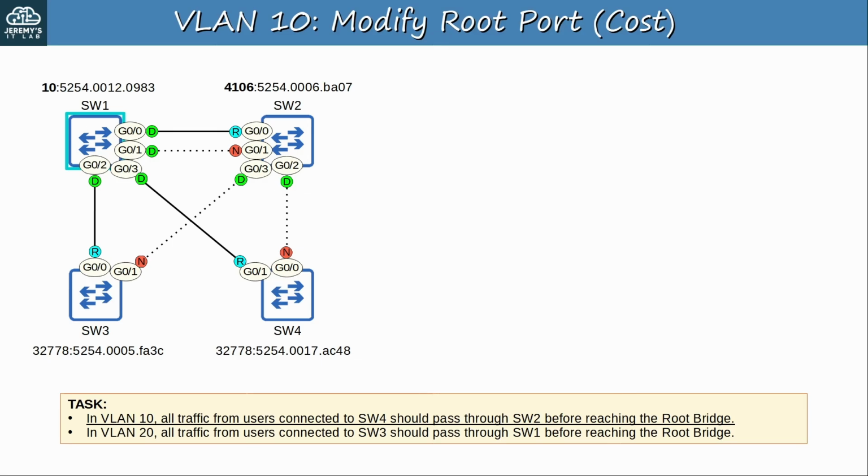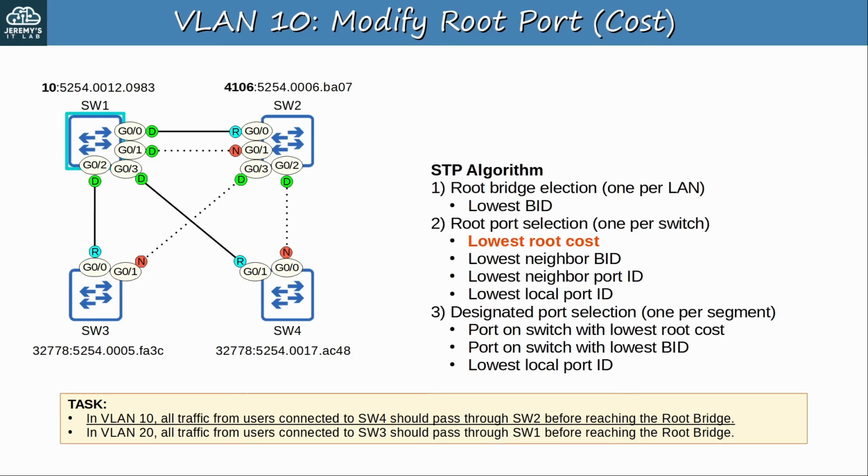Let's look at VLAN 10 first. Currently, traffic from users connected to switch 4 will go straight to the root bridge via switch 4's root port, G01. How can we make G01 less desirable so that switch 4 makes G00 its root port? Remember the STP algorithm. If G00 has a lower root cost than G01, switch 4 should select it as the